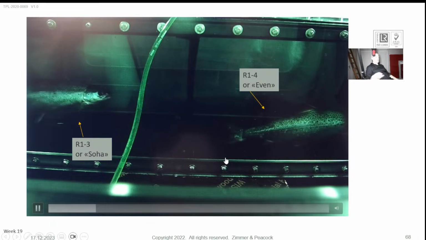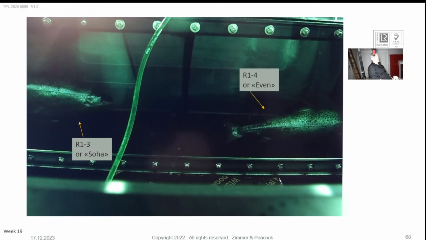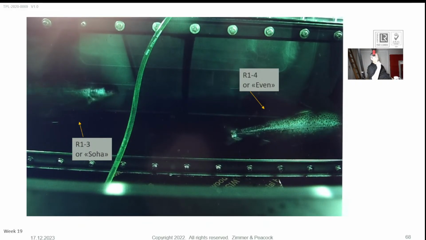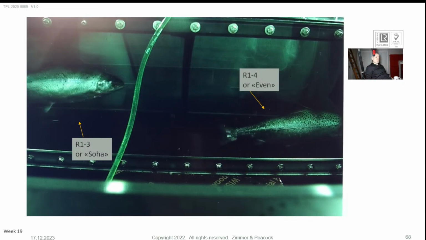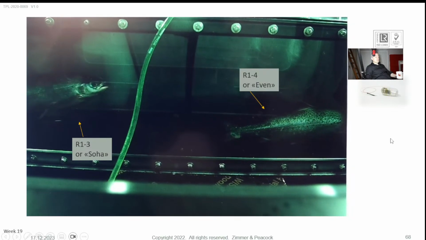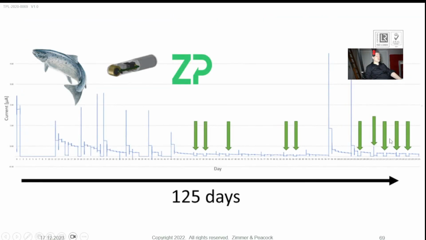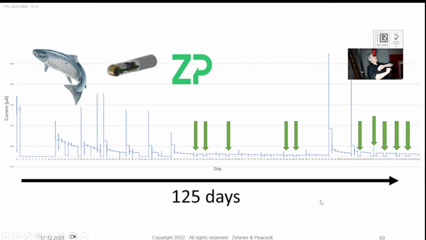And these are fish swimming around with those packages inside them. They're in what's called a RAS system, which is a recirculating aquatic system. They also call it a racetrack. They're pumping the water around, and these fish are swimming around with these packages implanted in them. So we are doing continuous cortisol measurement, but we're doing it in fish. We're doing it because in Norway, the second biggest industry after oil and gas is fish farming, and it's salmon. So we're doing it to measure the stress levels in fish.